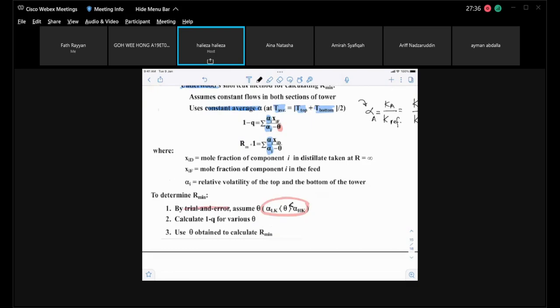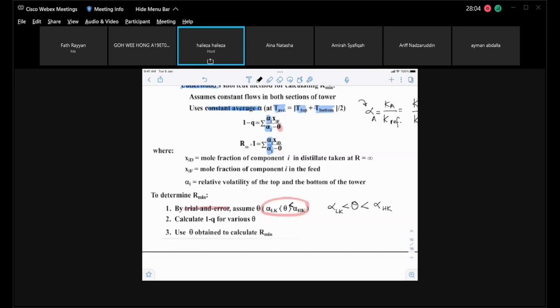There's a typo there. It should be greater than the relative volatility of your heavy key, but less than the relative volatility of your light key. Okay, now in order to find it, you have to do it by trial and error method. Okay. Once you manage to get your alpha, then you use it to calculate,